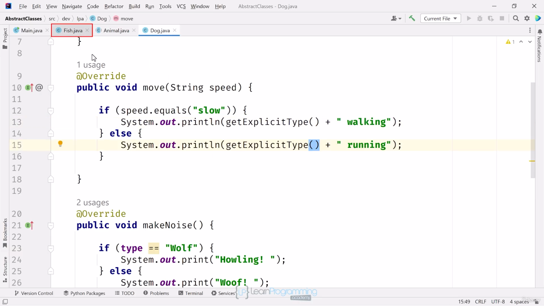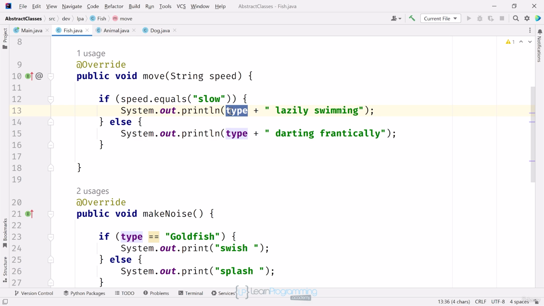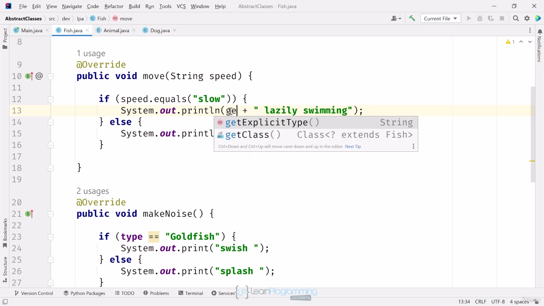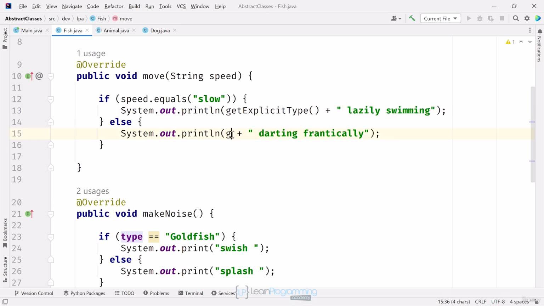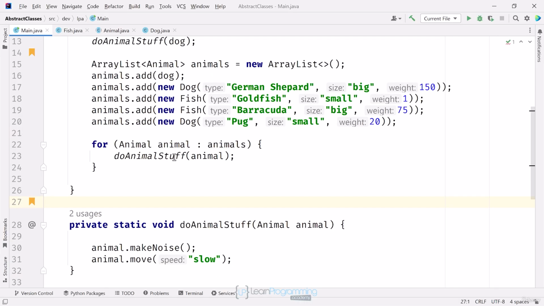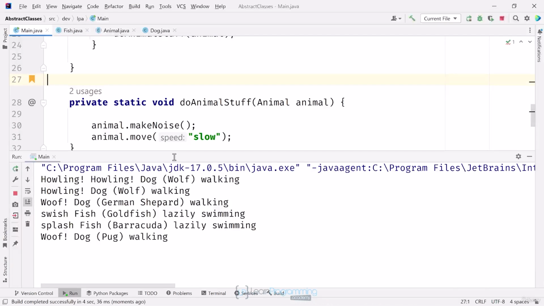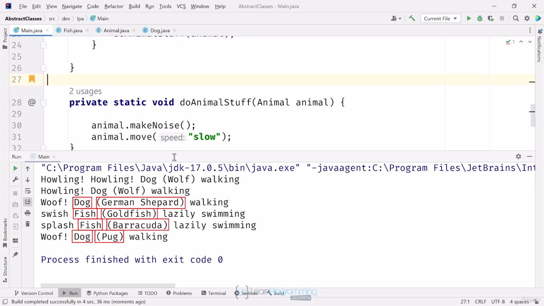I also want to do that same thing on the Fish class and its move method. I'll change type to a call to getExplicitType. Okay, so now I'm going to run this. You can see we have the simple class name, Dog or Fish, and the type of the Dog or Fish